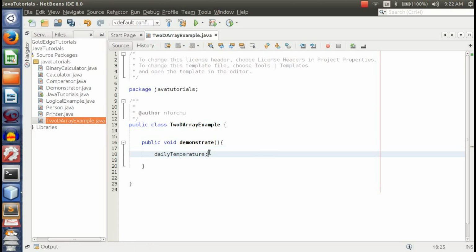What am I doing? We declare arrays to be float daily temperature, and just to show you something, I'm going to come here. If I say it's a 2D array, I'm sorry. All right, that's my 2D array. So I'm going to come down here. Same with